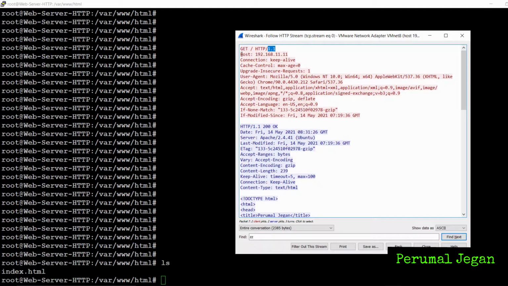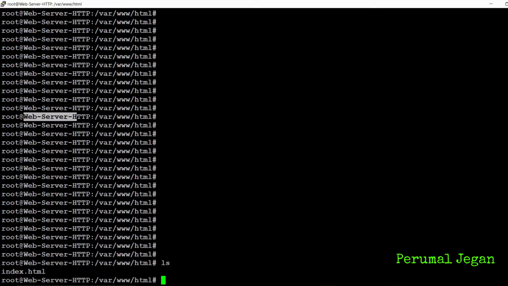And the next one is host. Here the host is my web server IP, but mostly you will see the domain name here, the website name. Actually, this field is mostly used to identify the website. For example, I'm running only one website on my web server, but in some cases, a single web server might be running multiple websites.